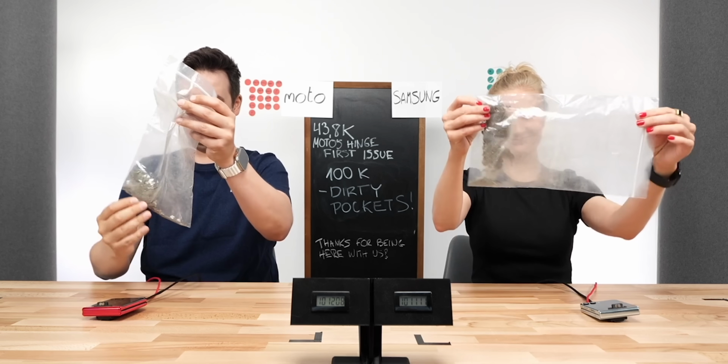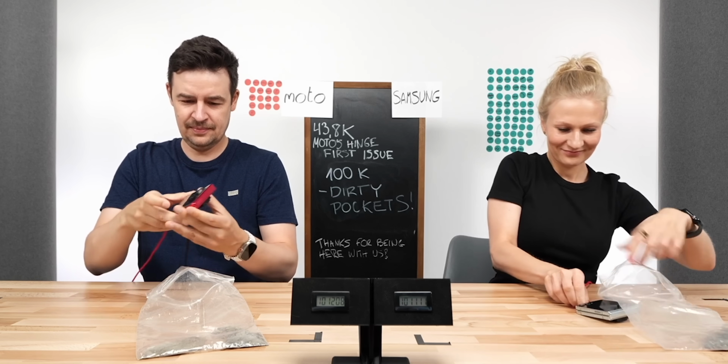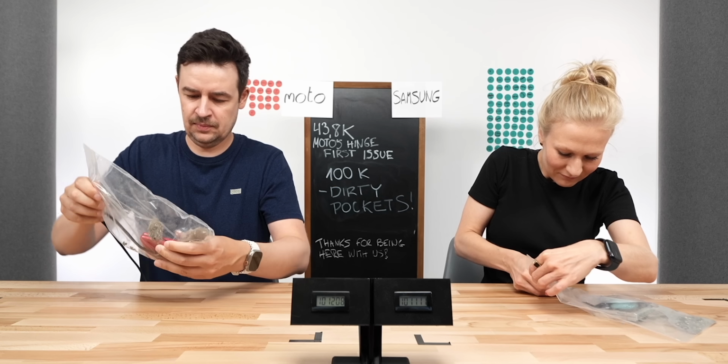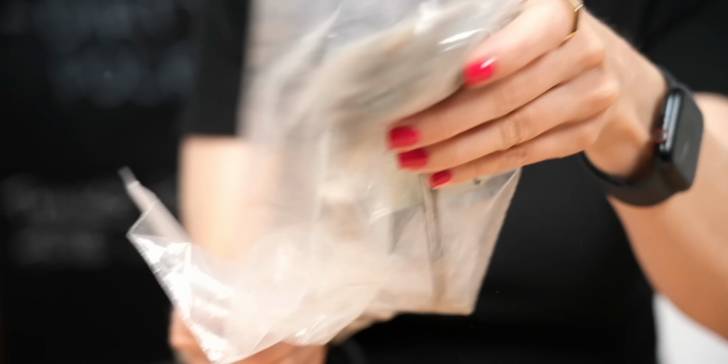At this point, we decided to put them to the dirty pockets test. We put some dust in 2 plastic bags, the same size of bags, the same type and amount of dust, and the same way of exposing both phones to the dust in our transparent pockets. The result was…